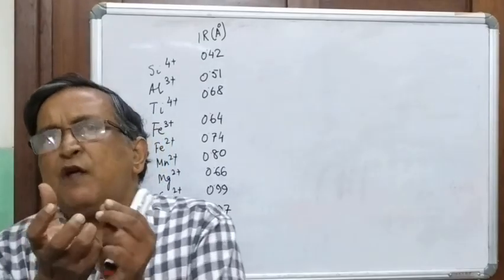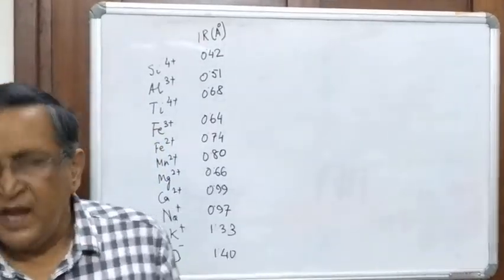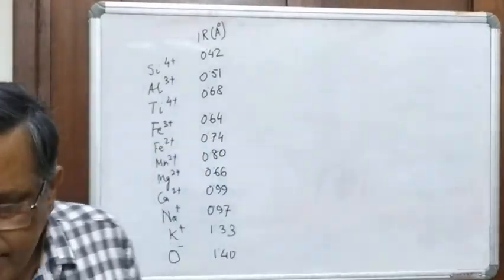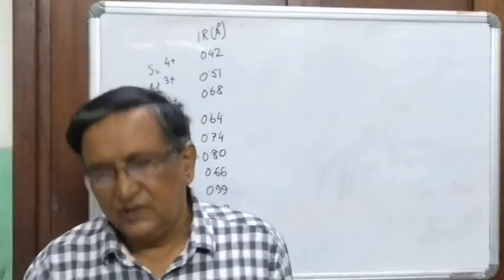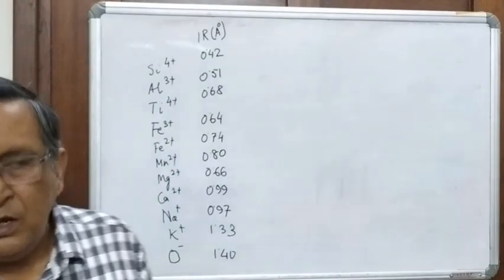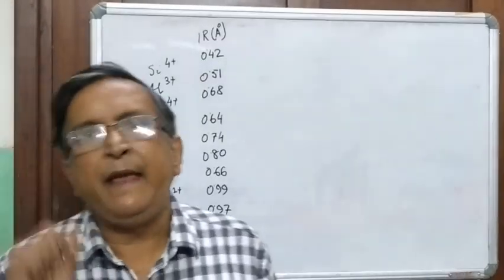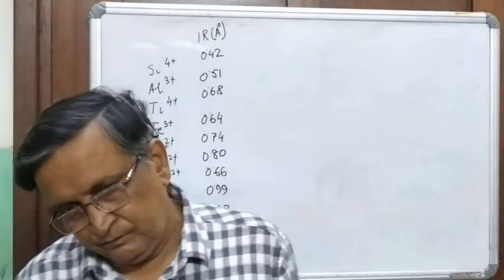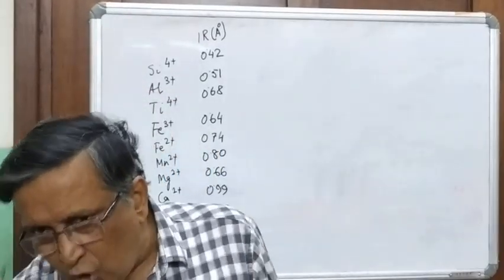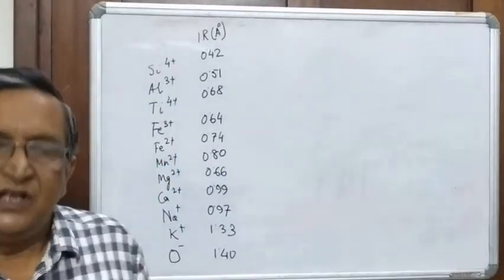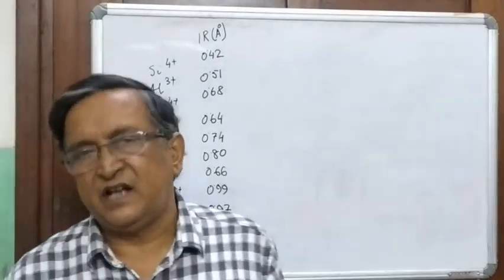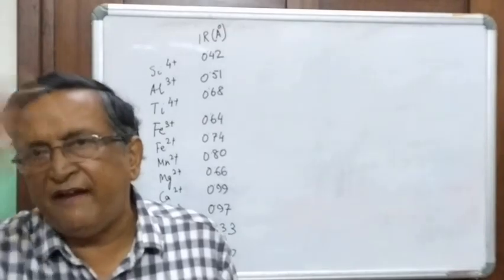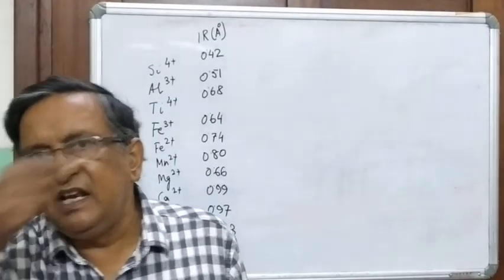The number of oxygens that surround the cation, technically called the nearest neighbor oxygen: how many oxygen atoms surround a particular cation, which means the cation also has to have bonds so that it can link up with the